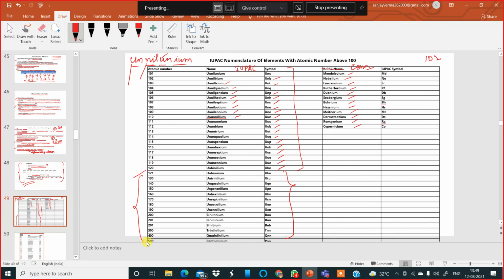Okay, so I request you all to practice this. We'll have a practice in the next class also with regard to this. It is already 1:50. It's already time up. So I would like to end my class here for today. Tomorrow I will give you some practice in the class. Tomorrow's class: how to write the IUPAC name and their symbols for elements with atomic numbers above 100 up to 120. Okay, so just hang on over there, because I need to record your attendance also. Then you can leave the class.